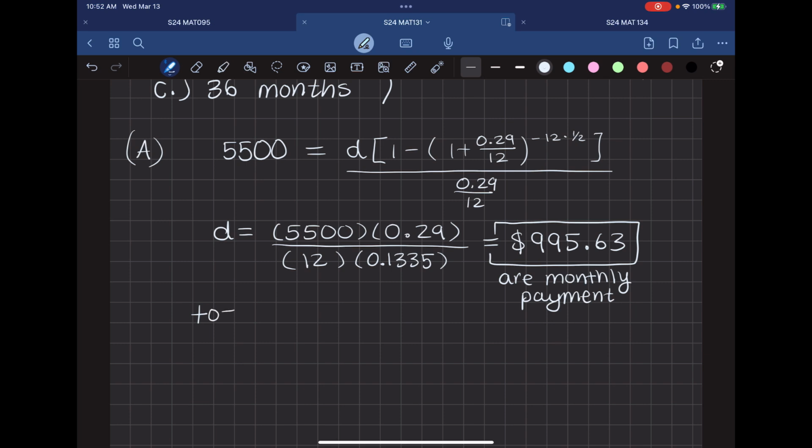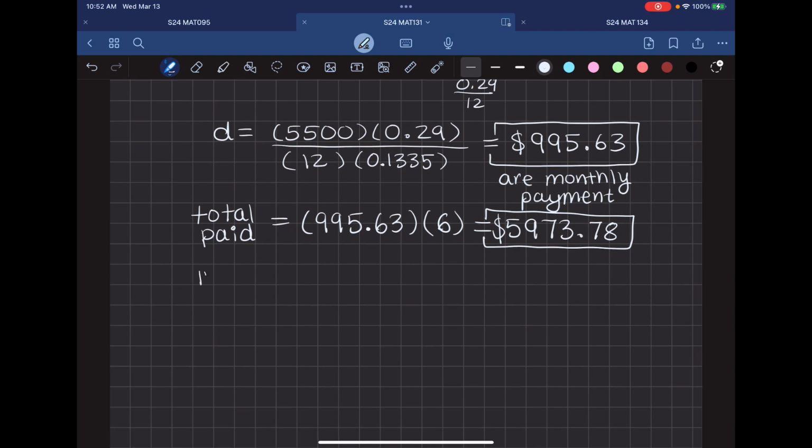So we can look at our total paid. And for that, we'll just take our monthly payments, 995.63, and we'll multiply by however many times we're making that payment, right? Well, these are monthly payments for 6 months, so we can multiply by 6. And we end up getting that the total that we pay is $5,973.78,